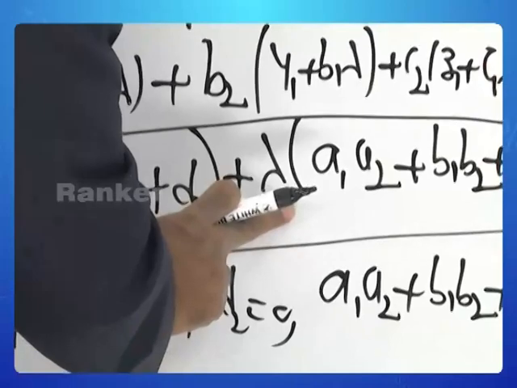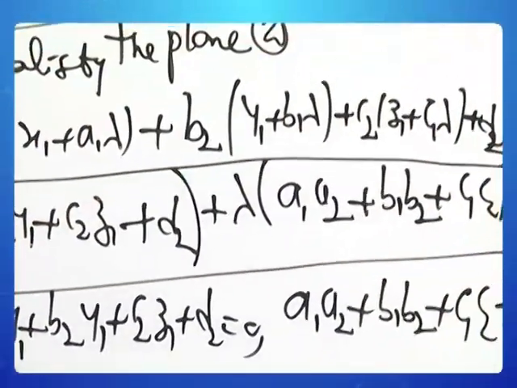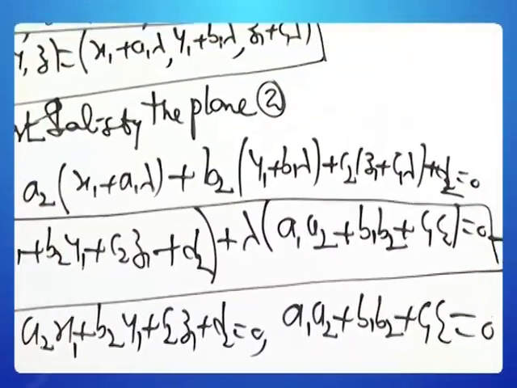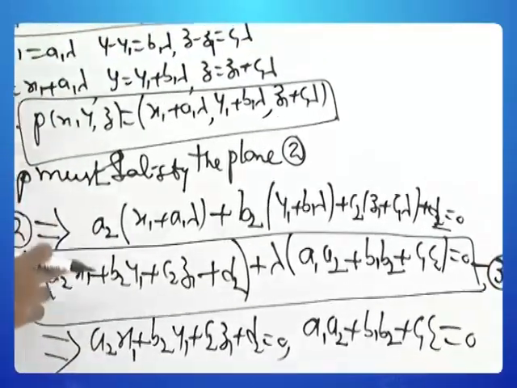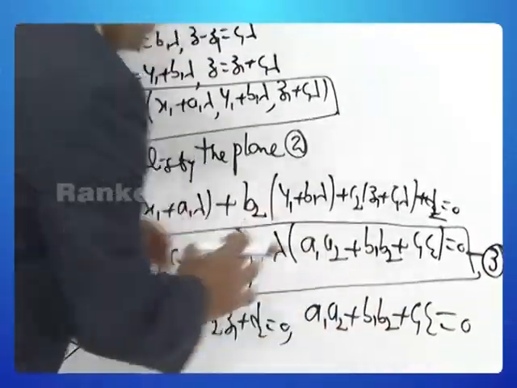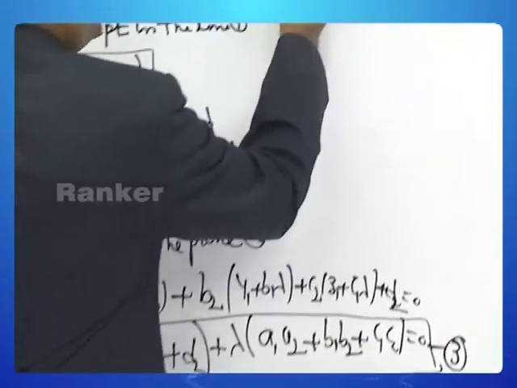Therefore, for all values of lambda, it must be an identity. So now this is equal to 0, this is equal to 0. So therefore, I can say case 1,